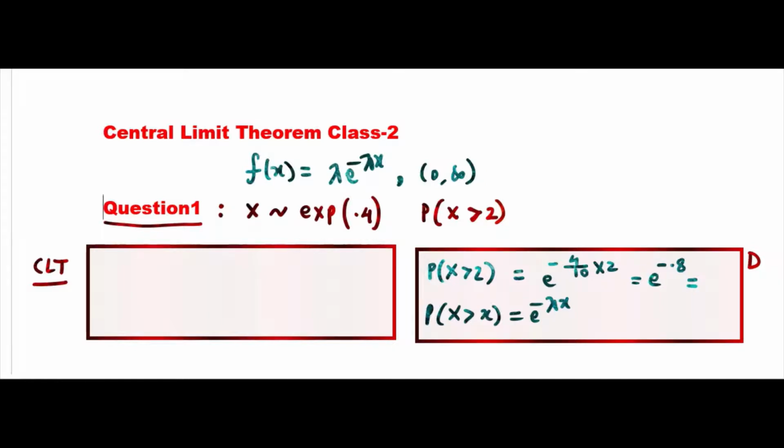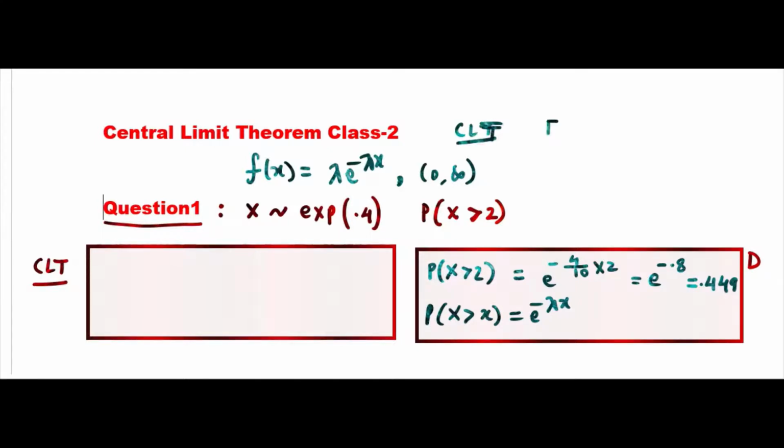0.449. Okay, 0.449. There is a good probability. If x follows exponential 0.4, the probability that x is greater than 2 is around, less than 50%. Now we'll use CLT. Using CLT, if x follows exponential lambda,